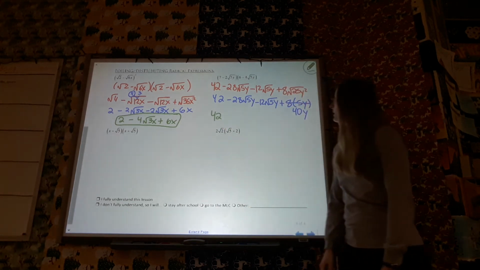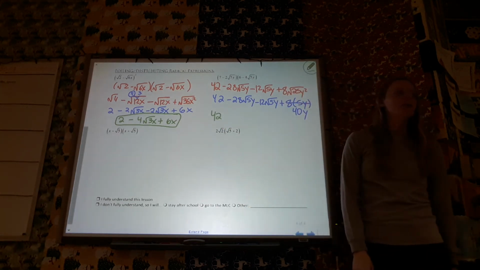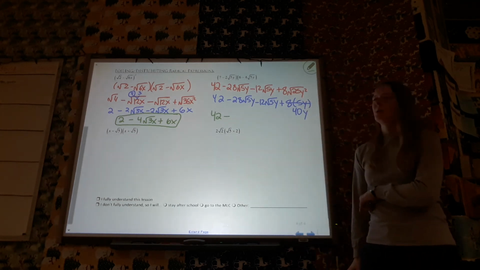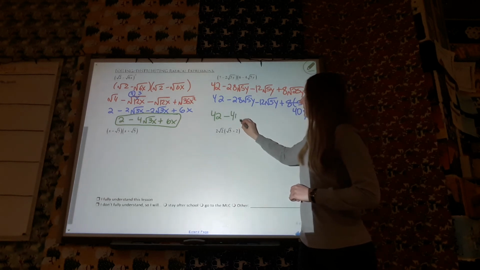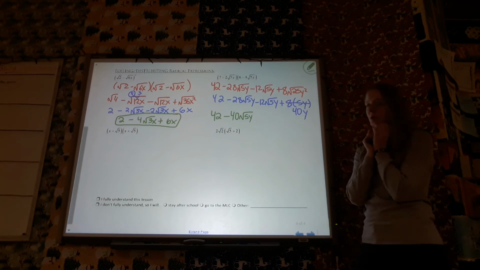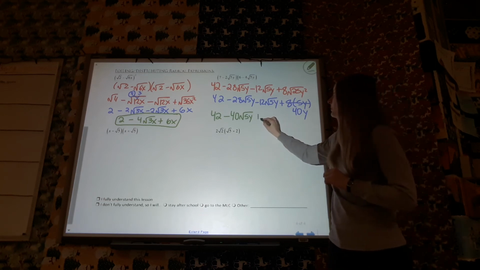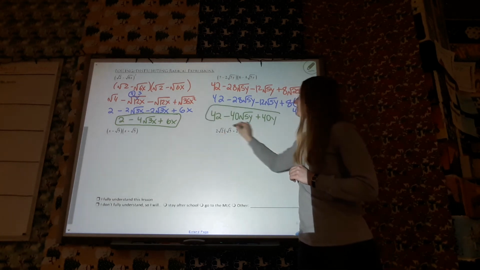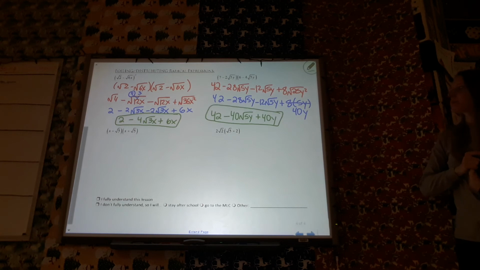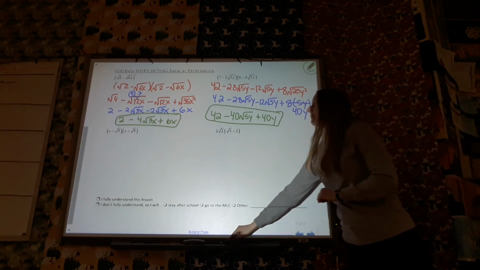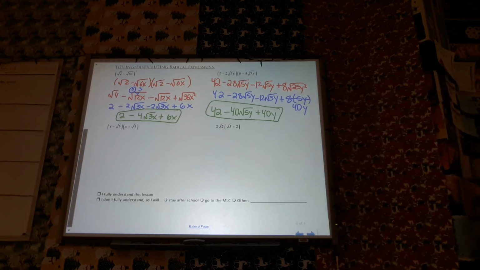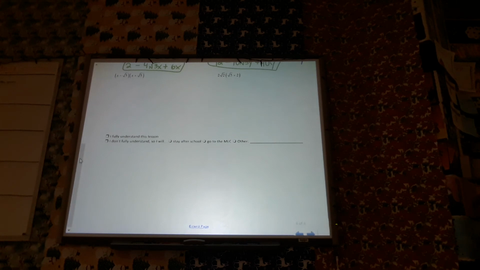Is there anything that is like terms? The 2 middle ones? So that gives me negative 28 combined with negative 12 square root of 5y. Remember, when you're adding or subtracting, the radical itself doesn't change. It's just the numbers on the outside that combine. And then plus 40y. Okay? These last two are special cases, well, not special cases, but